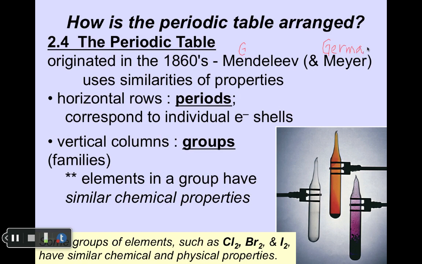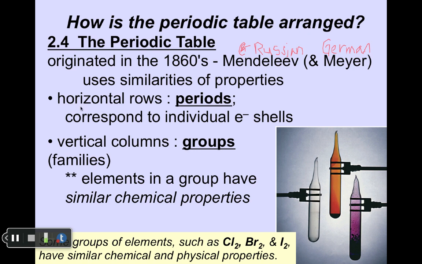Meyer was a German, and Mendeleev, as you might imagine, was a Russian. They used what was known at the time by their scientific peers for properties of elements and sorted them out, trying to figure out what patterns there were and putting them into an organized chart. In fact, Mendeleev was said to have liked cards and laid them out in a fashion similar to playing solitaire to arrange them. And the two men came up with the same kind of pattern independently,